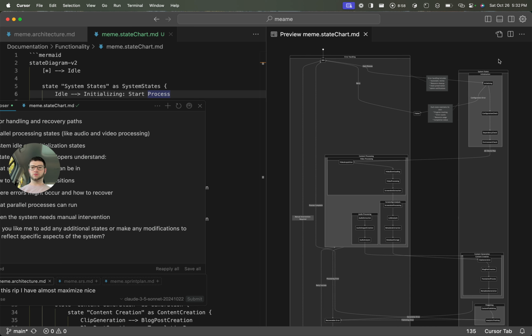So, error handling, idle, system states, initializing, tracking progress, tracking error counts, research. My God. This is not helpful at all. Don't know why we start in the error handling state. Maybe we should let